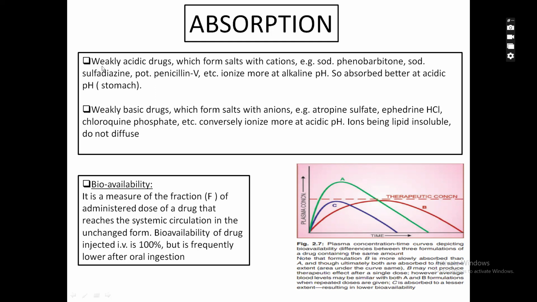Whereas the weakly basic drug which forms salts with the anions like atropine sulfate, they conversely ionize more at the acidic pH. As they are weakly basic, they ionize more at the acidic pH. And as they ionize more at the acidic pH, they are better absorbed at basic pH, because at basic pH